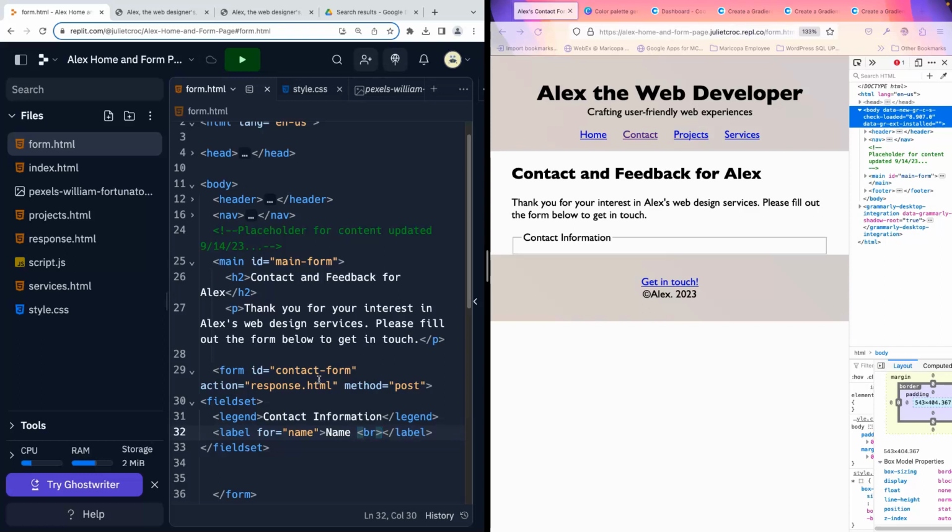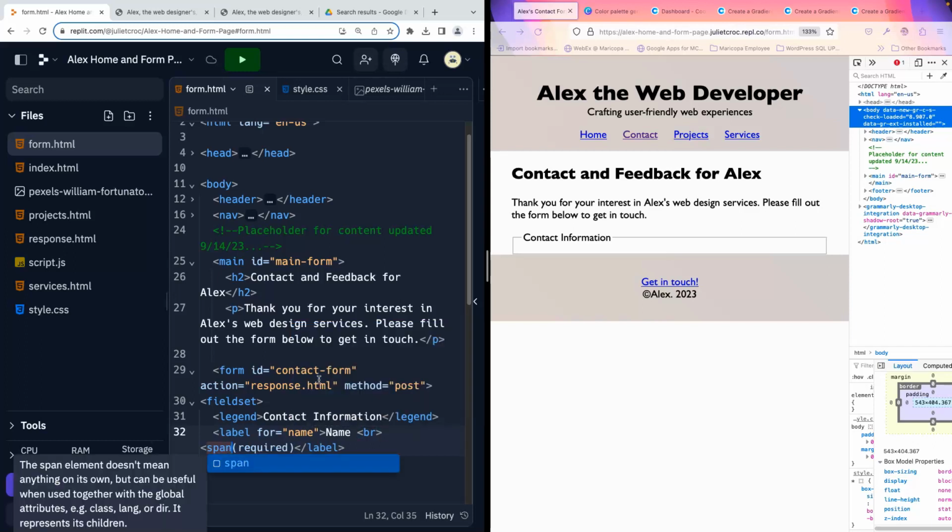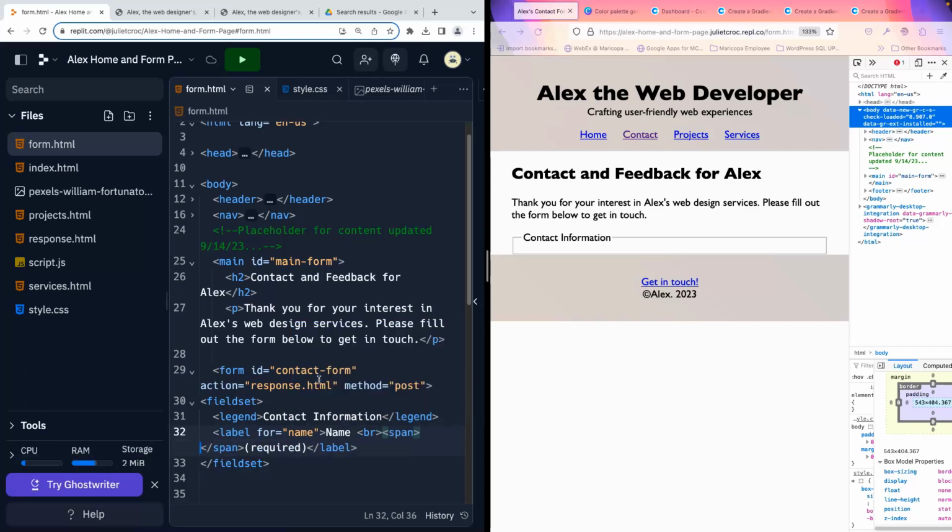Okay, and I'm going to put in parentheses required. Because I know that I'm probably going to change this compared to the actual label, I'm going to put a span element around it, which just means that within an inline, I'm going to take the end of this span element, cut it, and put it over here. Within this element, I'm going to have